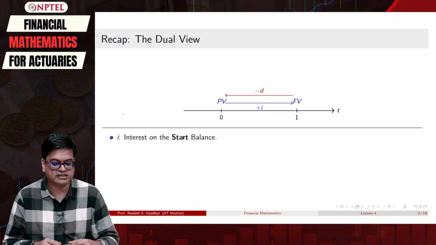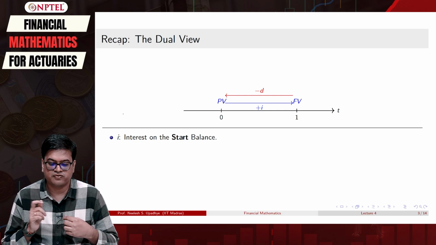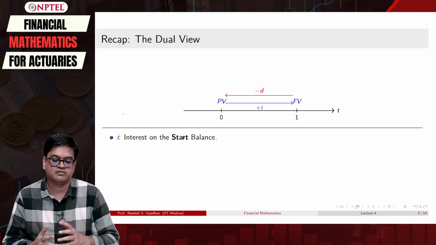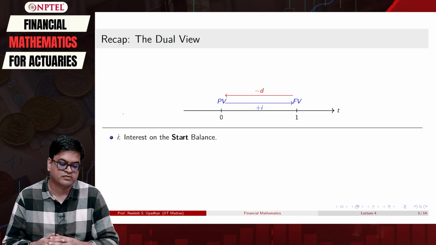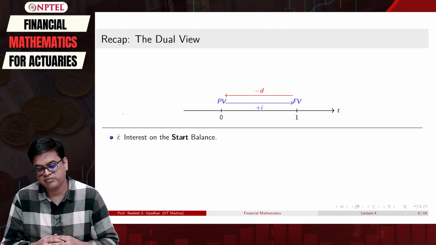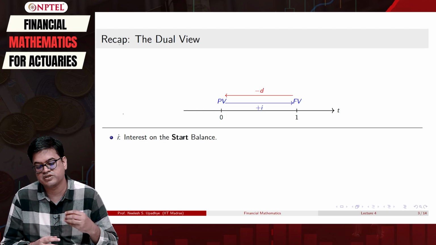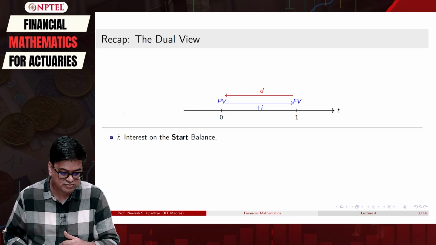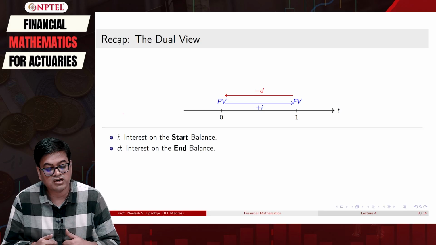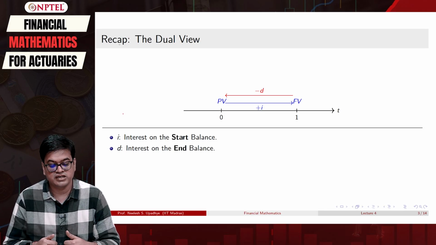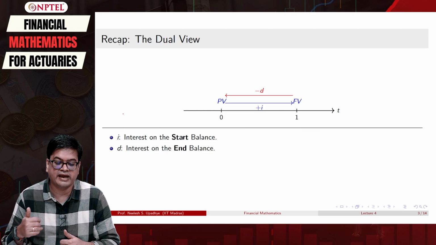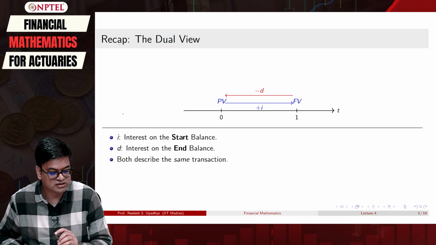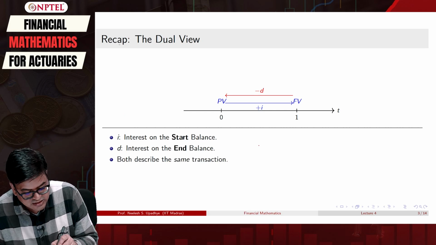So here is the basic connection. When we are traveling forward, we are looking at the future value of money. When we are traveling backwards, we are looking at the present value of money. So at any given point in time, I will be the interest which will be charged or given to you based on the start balance. When you talk about D, which is the discount rate, it will be charged or given to you on end balance. So this is the key principle